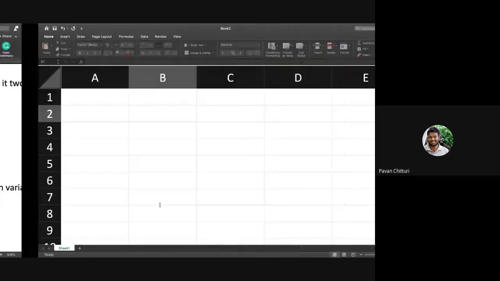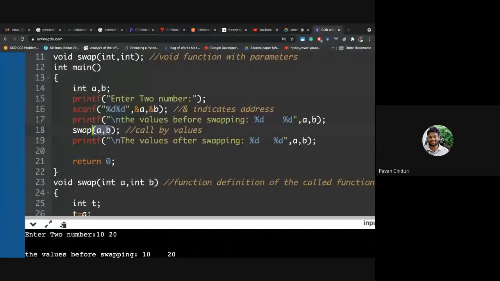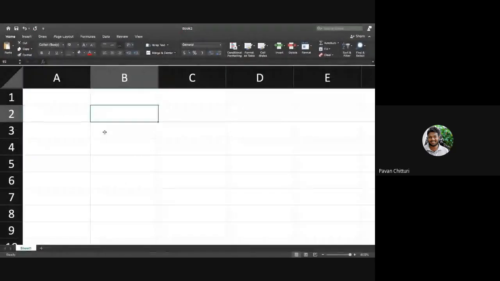So we have known about pointers now. What is happening is you are sending the value alone here, but if you send the address of this particular variable, store that address in another variable, and try to change the value present in that particular variable, then we will call it call by reference. For that I will show you a demonstration.